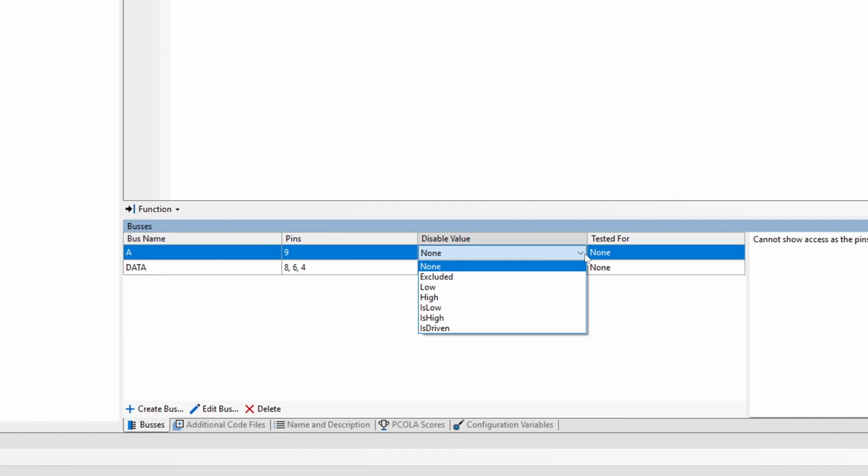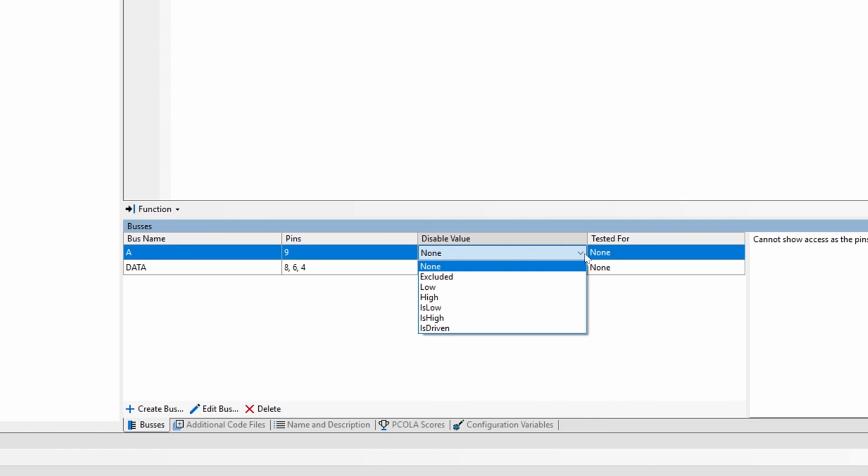If you do need to hold a pin in a fixed state during the test, set it to High or Low as necessary. If something else can't be prevented from driving the net, then you'll want to set the disable value to Excluded, so that Connection Test ignores what it reads back from that pin and doesn't allow anything under its control to drive that net. Any values you set in this way will be applied at the end of the JTAG chain initialization.